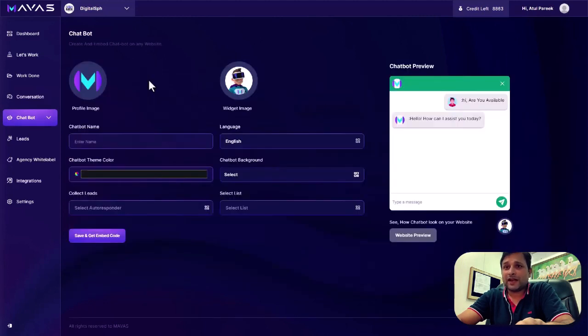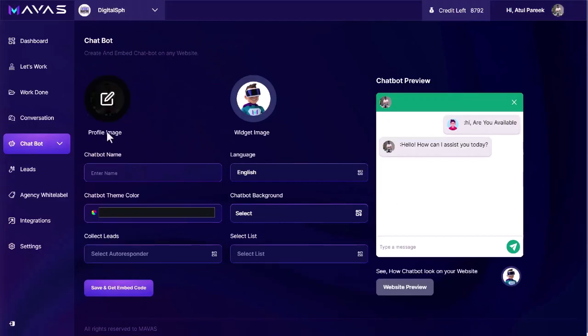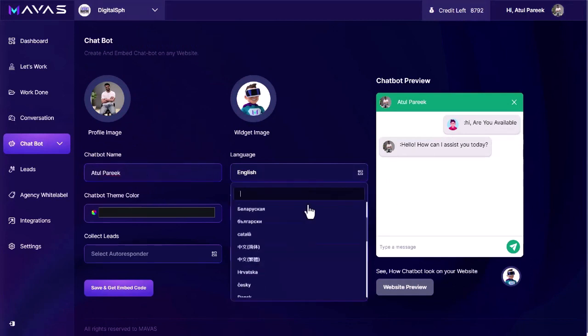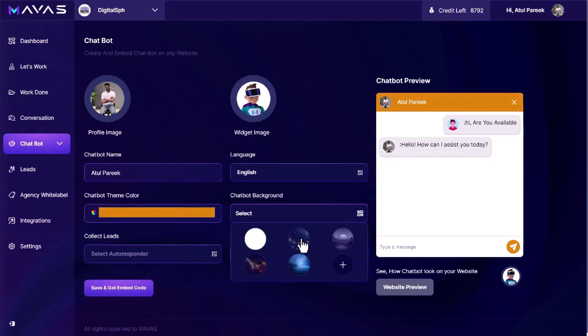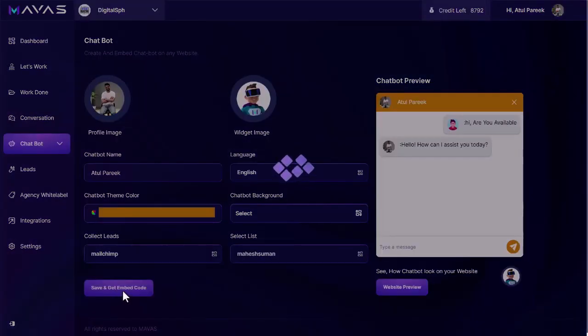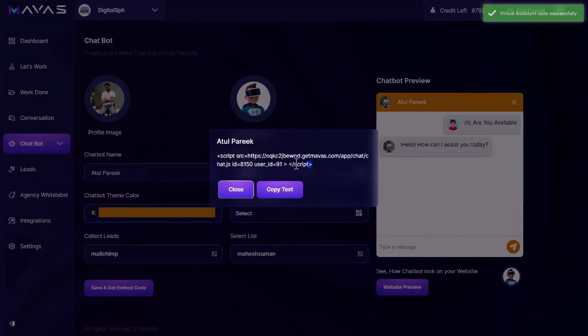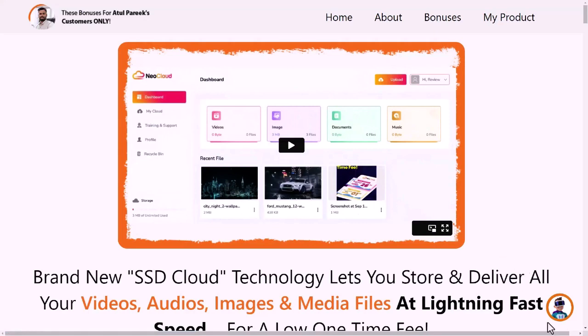Now come to the chat section. The chatbot feature is absolutely a game changer. Inside the chatbot, you can customize bots with your branding or your client's branding. You can change the bot image, bot widget, bot name, choose bot language, chatbot theme color, chatbot background. Also, don't forget to set up your favorite autoresponder, right? With just a click, select the lead collection list where you want all these leads to be collected and automated. So hit the save button and copy the one-liner embed code. With just this one code, you are ready to go. Just paste this code on your website or your landing pages, and Mavas is ready to